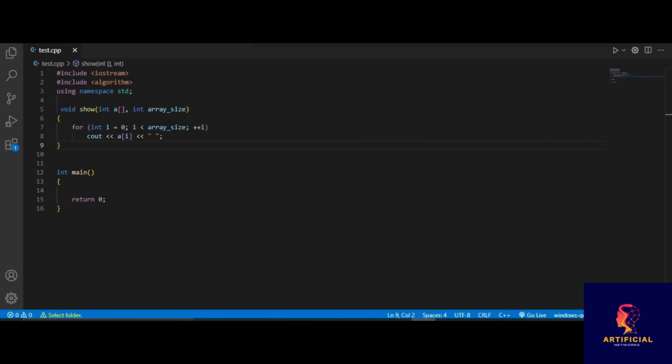Now we will move to our main driver code. Inside of it I will first initialize an array and it will contain unsorted integers from 1 to 10. Let's say